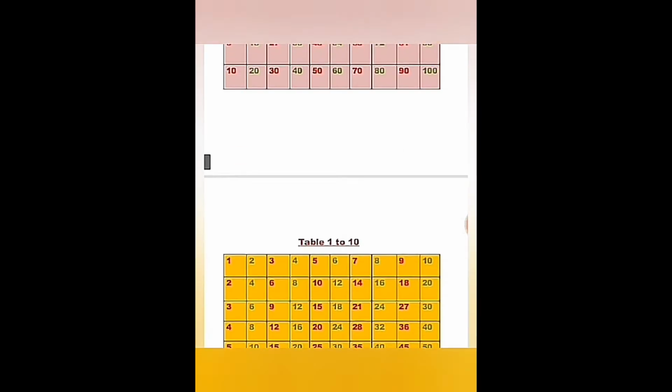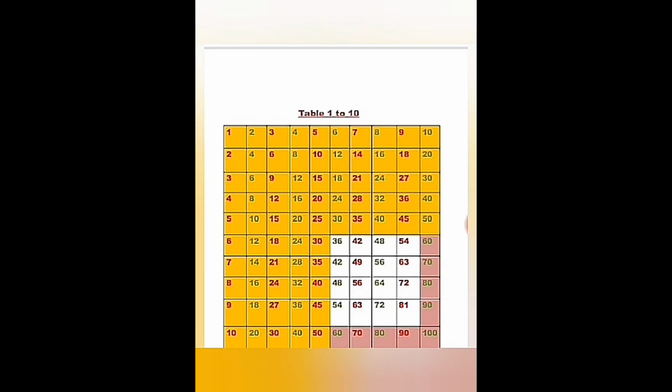So now you see this. Here you see that a large part of the table is in yellow color, a little is in pink, and a square is in white. You know the meaning of it? The meaning is that if you learn the table from 1 to 5, you will learn the table up to 10 5 ja 50. Okay, means after learning this table you will learn the whole yellow part.